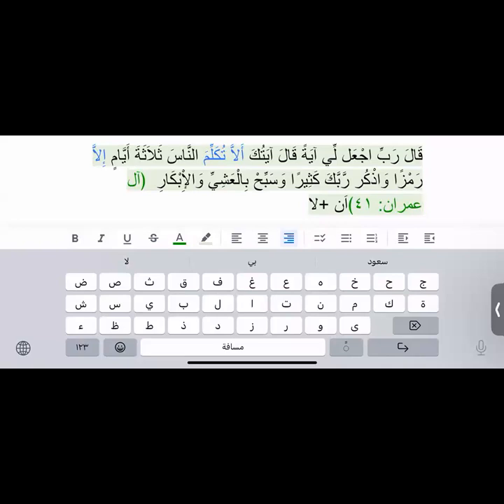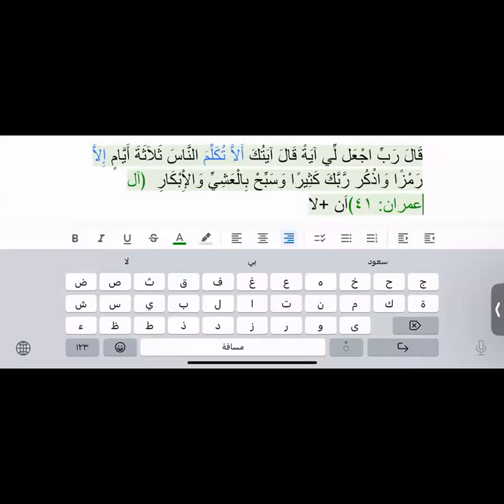And it is mudare mansoob bi harf an, right? And la is la nafiya. It has no action. It did not bring any change to whatever was after it. Okay, now an plus la tukallima an-nasa. What is the status and why is the status this? It is nasb status because it is maf'ulun bihi, right? Maf'ulun bihi.